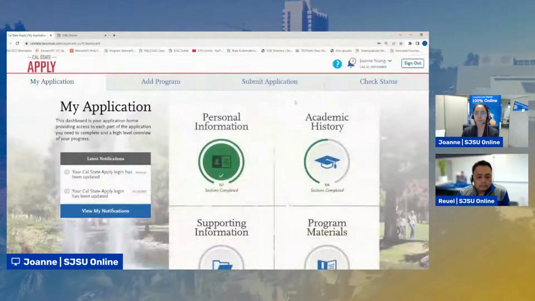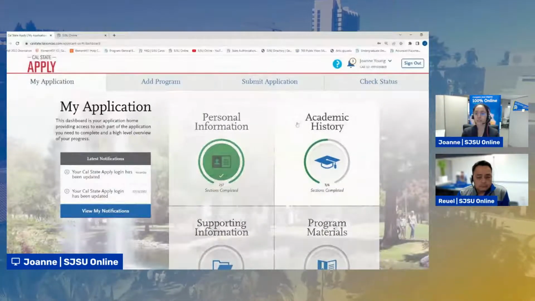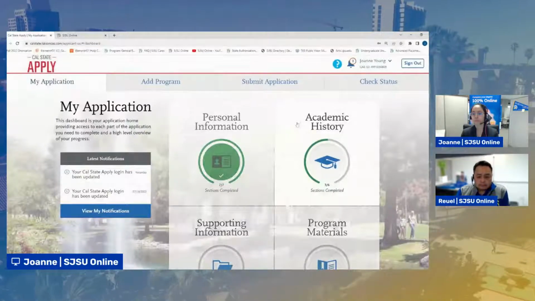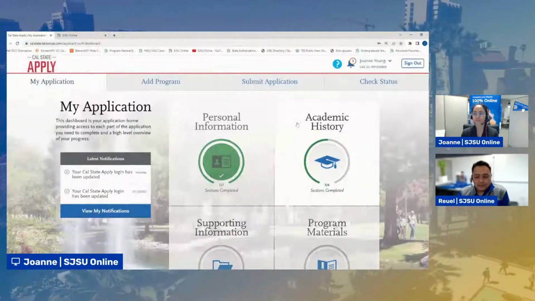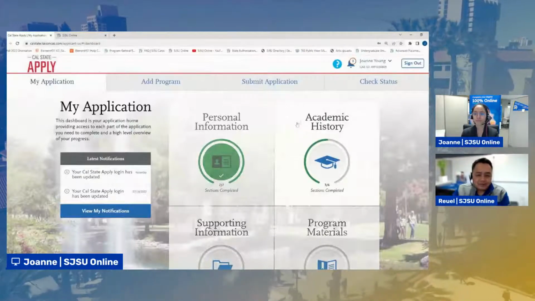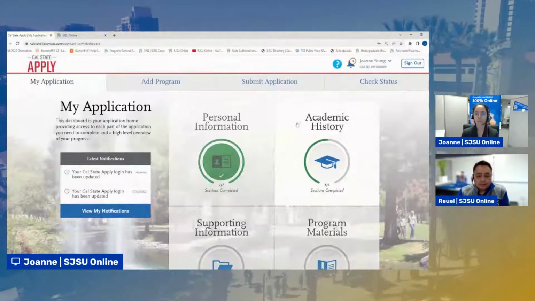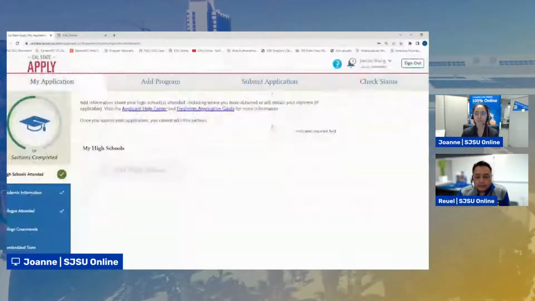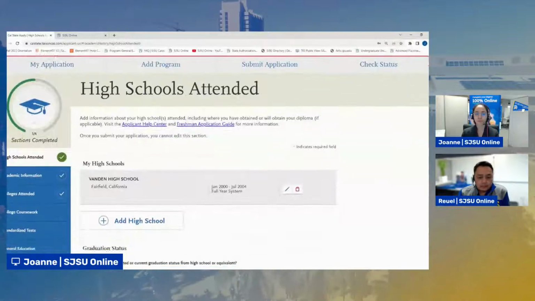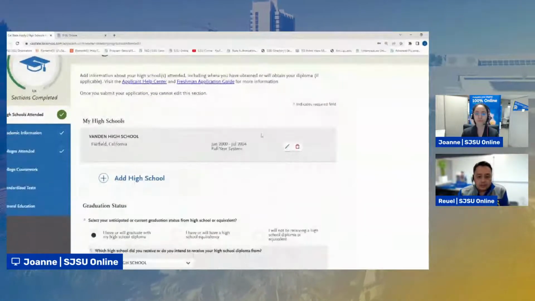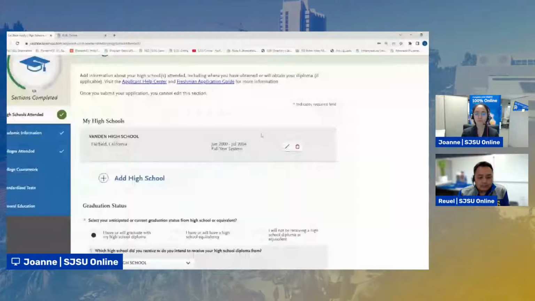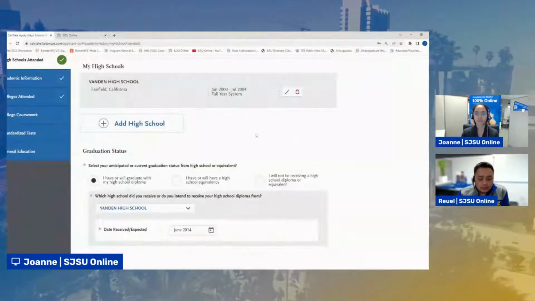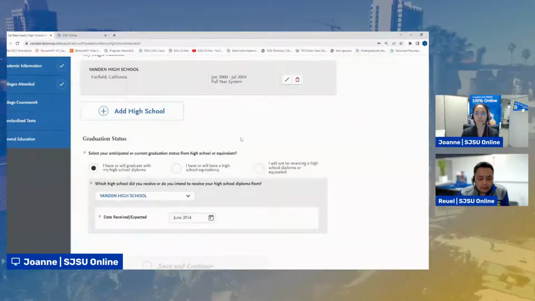But yeah, did you want to take over a bit of the academic history, Ruel? Yeah, sure. So the academic history is just like it's labeled. You're going to enter your school information. So you're going to click on that tile, and the first item there is your high school that you're going to enter. You'll need the name of the high school, city and state, as well as your attendance dates, and then your graduation status. And then you scroll all the way down and